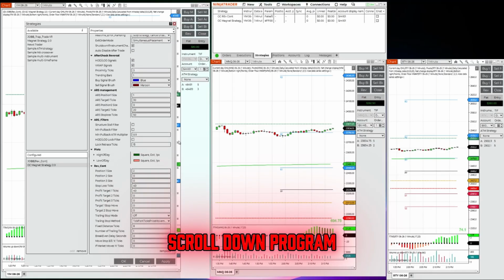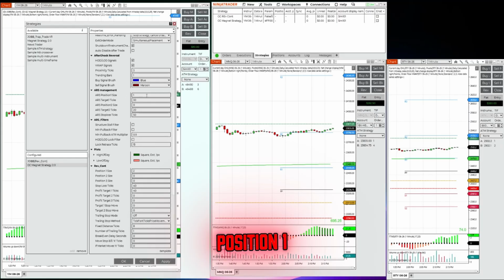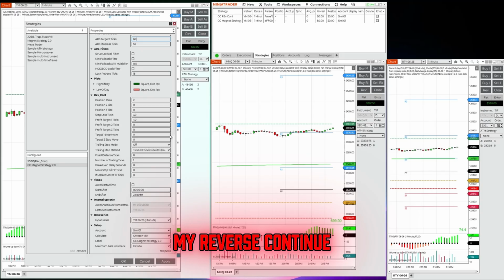Scroll down, program your buttons. Position 1, 30 tick target. Stop, 50 ticks. Target 2, 60 ticks. Okay, so I'm programming all the buttons. I'm going to program my reverse continue. Position 1, 1 contract. Target 1, 40 ticks. Stop of 40. That's a full-blown trade. 1 position, 1 target, 1 stop. So I've programmed both buttons, the ARS button, if there's a signal, the built-in reverse continue if there's a signal,